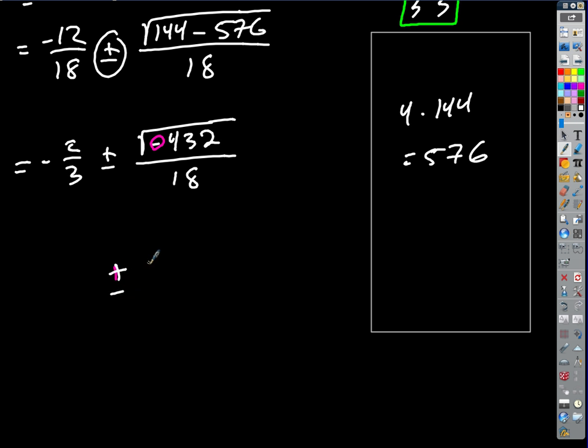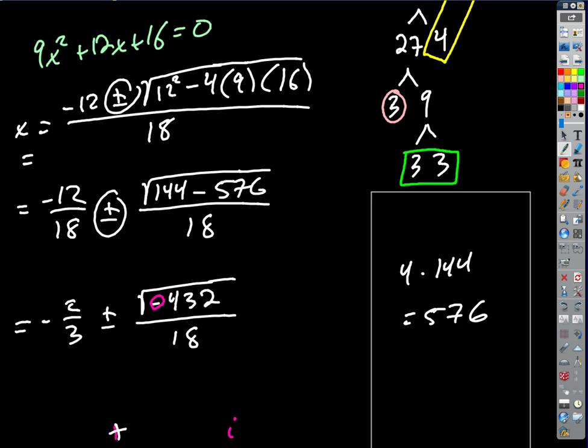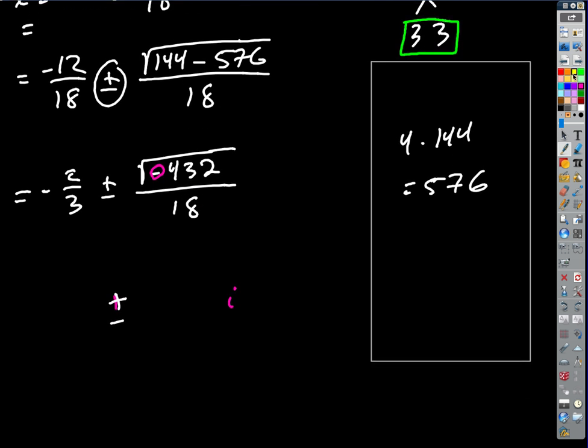Plus or minus, the negative 1 is going to become an i. The 432 is going to become 12 times the square root of 3. We said 4 times 3, good, 12. I'm just going to write it, for a second, as 4 times 3 for the notes, times the square root of